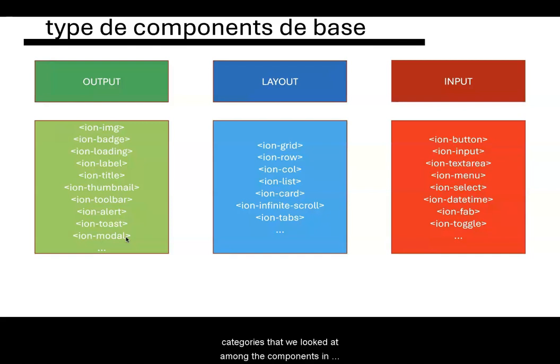So those are 3 important categories that we looked at, among the components in each of those categories. Now, since we have a component that is too large, we want to reduce the size and we will surely need ion-grid. I will see you in the next